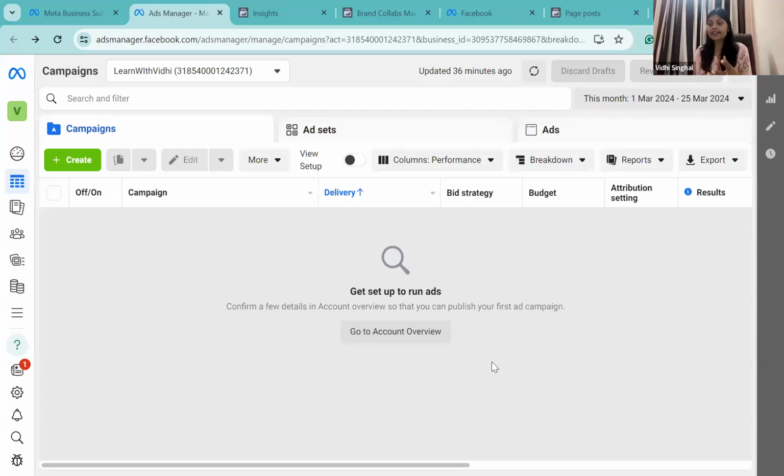So here on the right-hand side, we have a few more controls. If you can see, here it shows when it was updated. So if you refresh, it will show you when you have refreshed it. Now in the discard drafts, you can actually see that